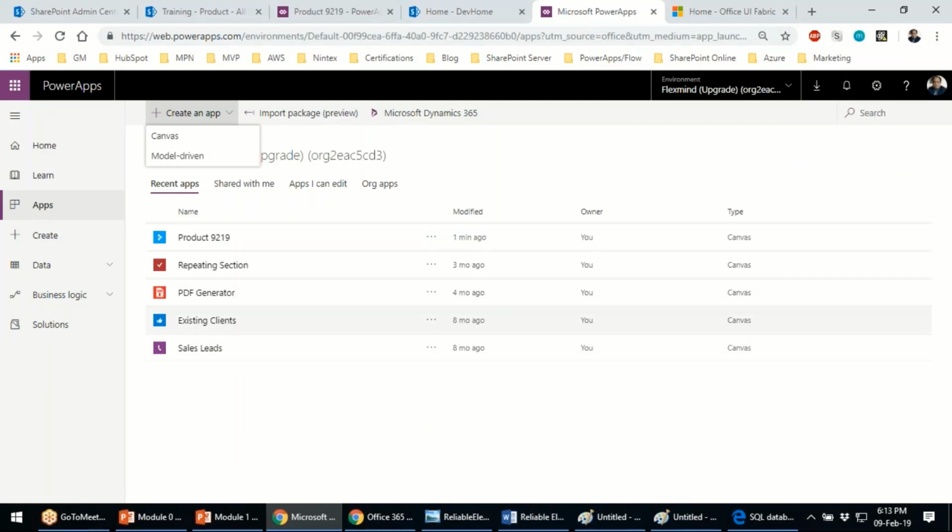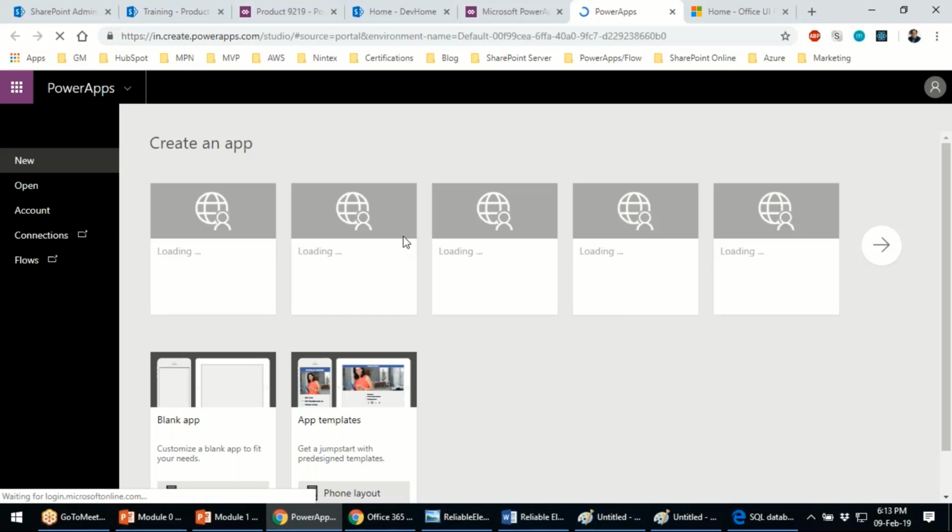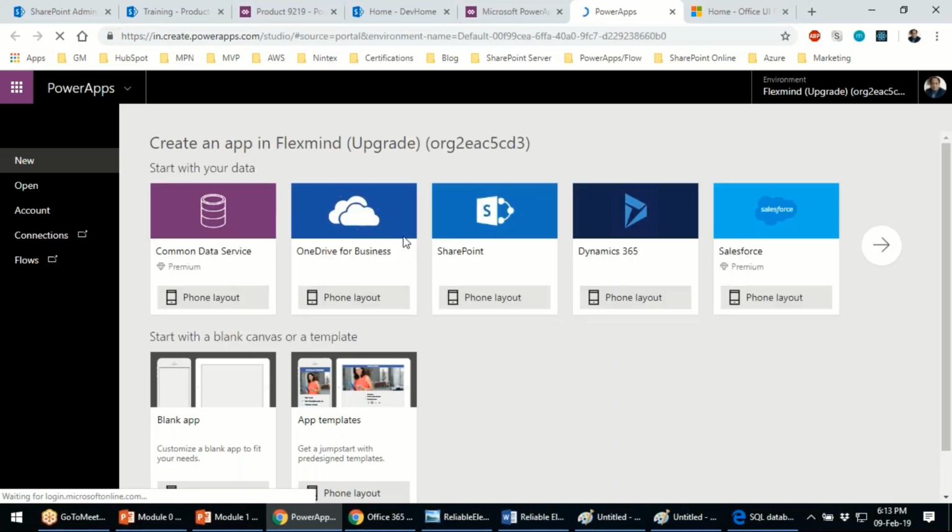Okay, that means I directly come to web.powerapps.com, and if I click on create an app from scratch, then it knows that there's no direct data source that you have mentioned just now. You're asking me to create an app. Okay, so what it is going to do is that this time, if you look at my screen,